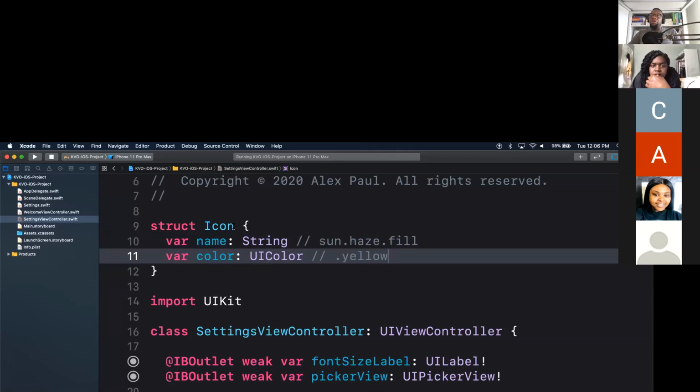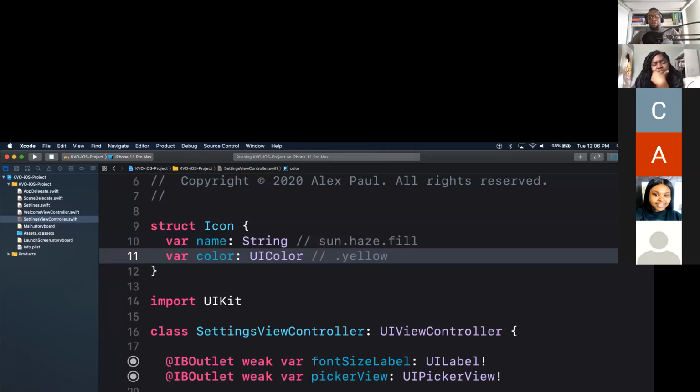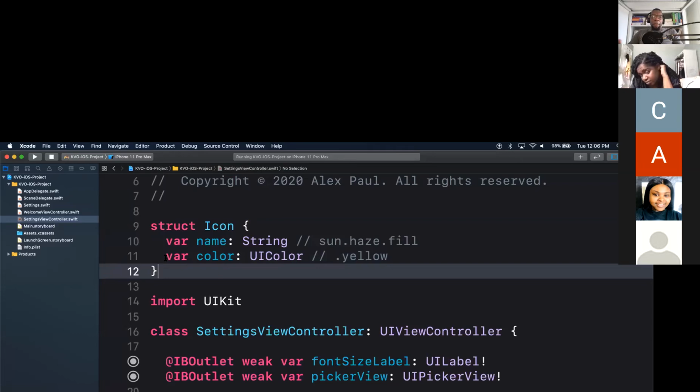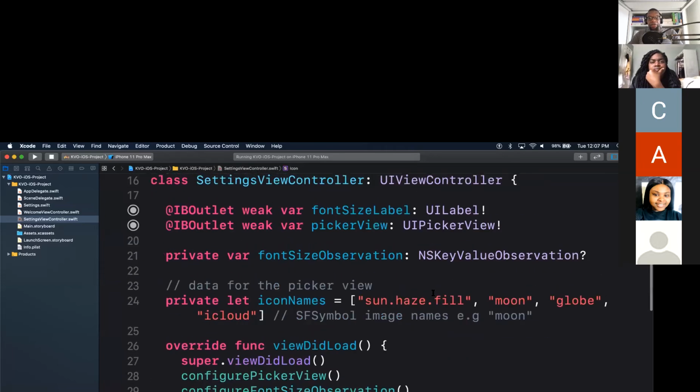Well, you could use semantic colors, that's going to be fine. Or you could just figure out what the background color is, or you could use a transparent view. But as far as the object, this would be better than an array. Yeah, so the icon, it will connect to the whole page. Yep. Thank you. I'm going to mess around with it. Whenever you start thinking that way, just think of objects before you say, oh, I could have an array of colors. Very good. And that goes for all of us, right? Anytime you want to add functionality to something that's just an array, make an object, and that way, instead of this being icon names, it would be an array of icons, which